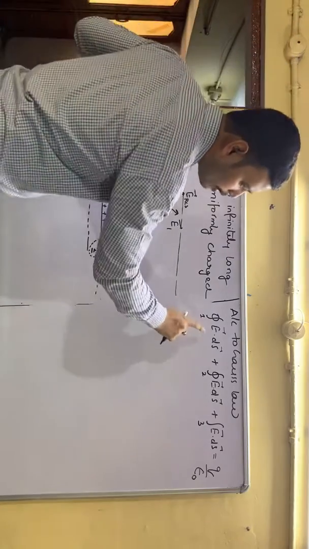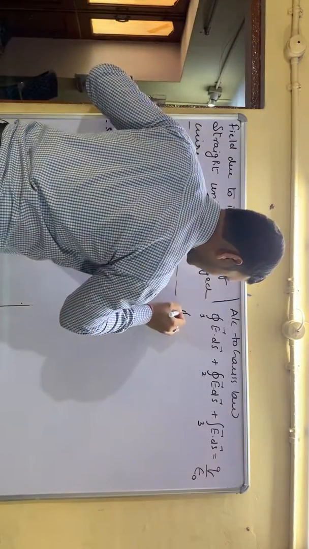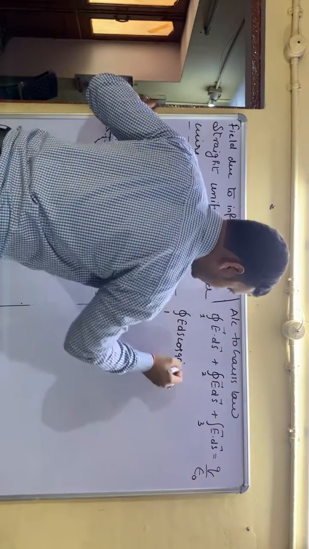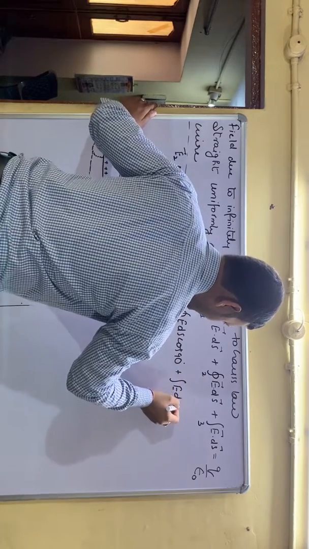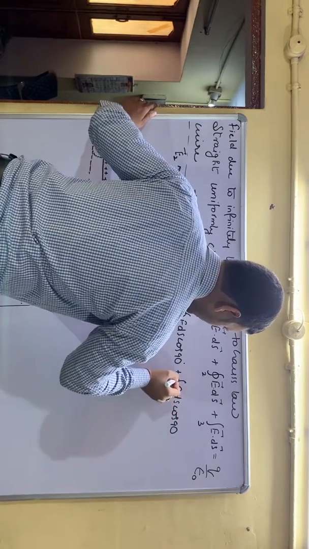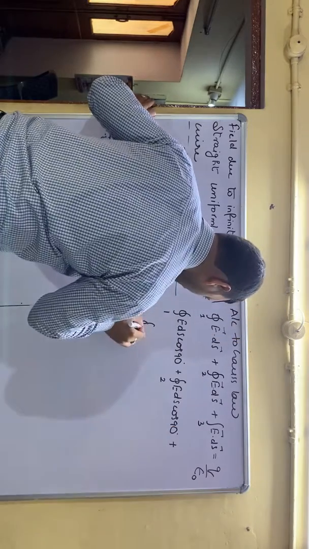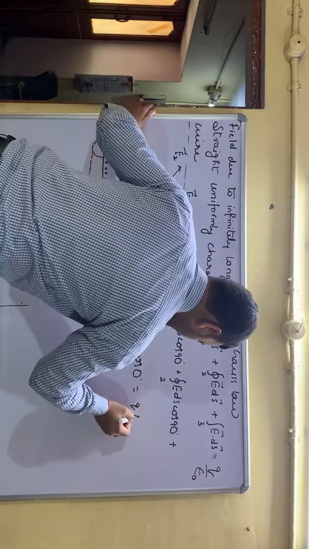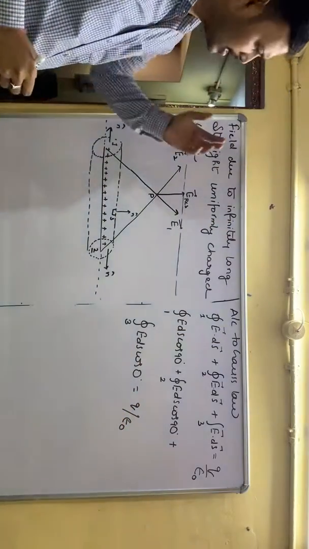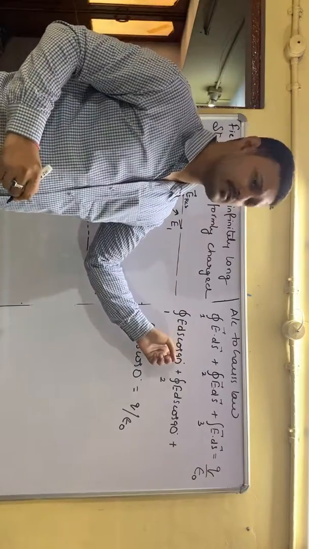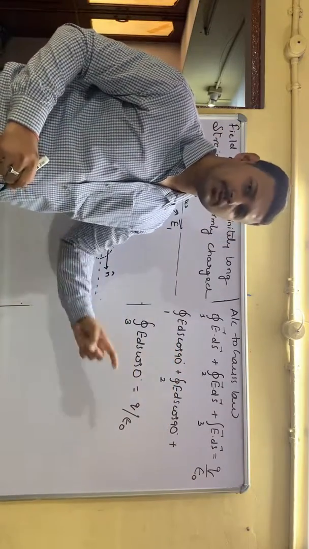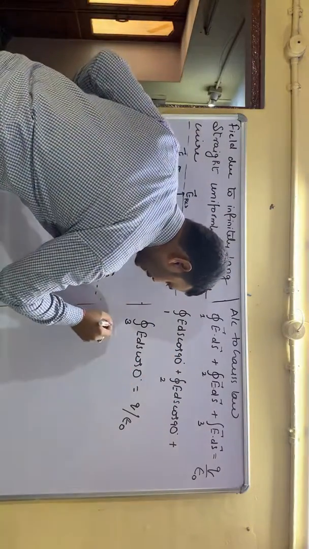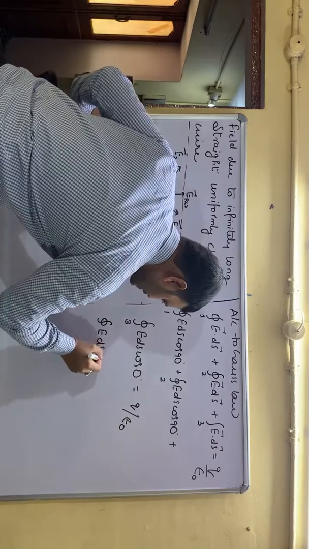In that case, for region 1 it should be written as E dS cos 90 degrees, plus E dS cos 90 degrees for region 2, plus for region 3 E dS cos 0 degrees, equals Q upon epsilon naught. Now we know very clearly that cos 90 equals 0 and cos 0 degrees equals 1. Hence the first two parts will be equal to 0 and we are left with only this part, E dS is equal to